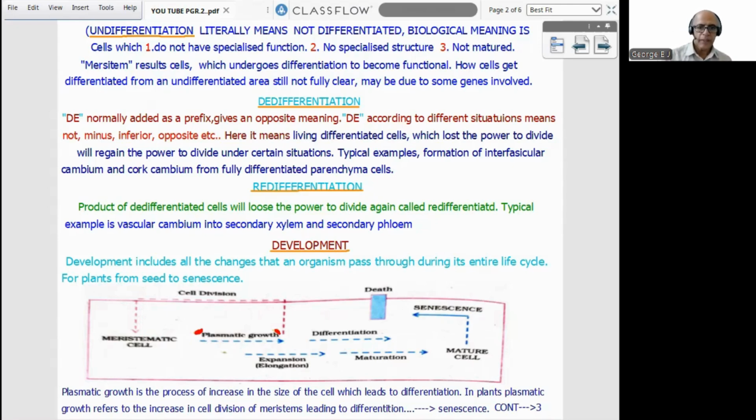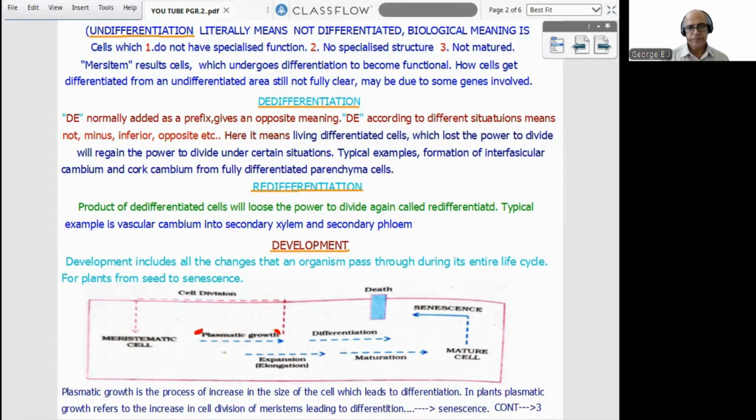Now comes the third term, dedifferentiation. Whenever the prefix DE is added, normally it gives an opposite meaning. According to different situations, the meaning of DE may change. Sometimes the meaning is minus, sometimes inferior, sometimes opposite. Typical example, RNA and DNA,